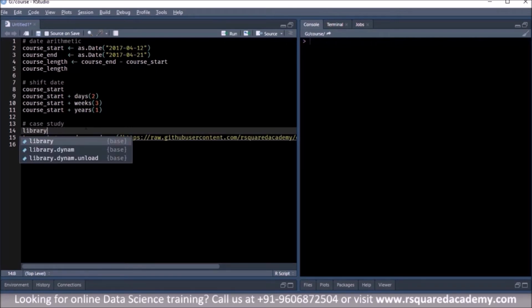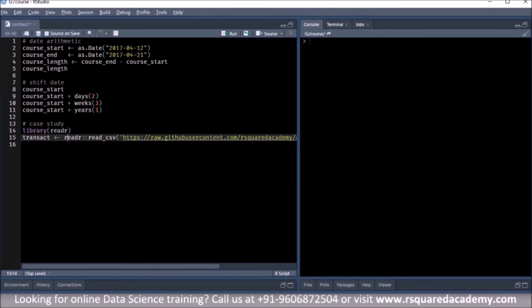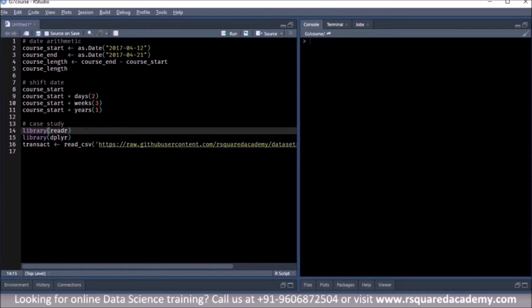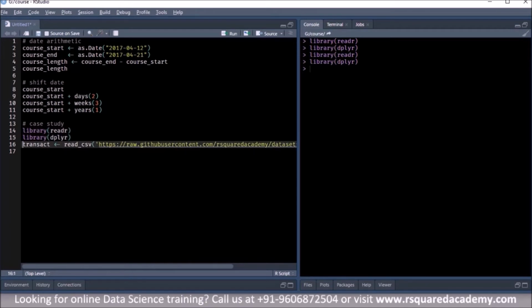We'll reuse the readr package to read the data set in, and we'll also use the dplyr package to create a new column called days to pay, in which we'll store the number of days taken to settle the invoice. So let us first load these two packages. Okay, and then we load the data set.